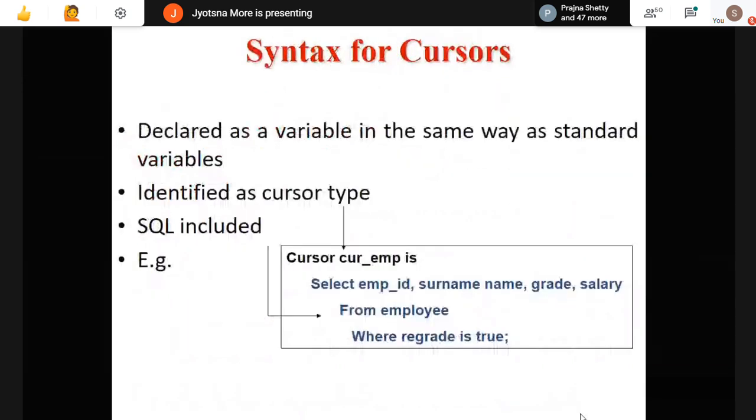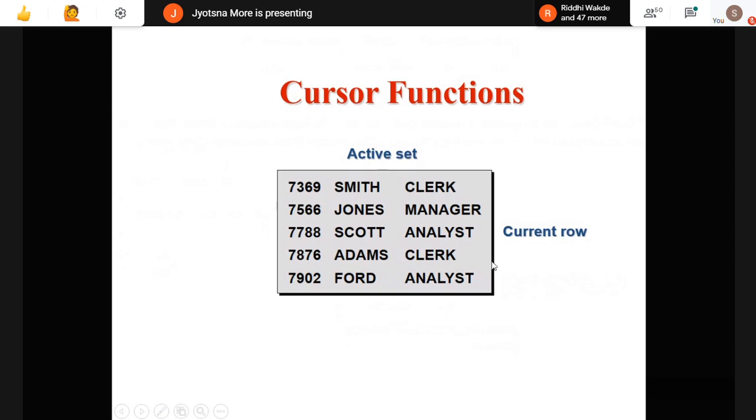So here, it is declared as a variable in the same way as standard variables. So you can see the cursor name, and whatever value I want to store in that, that is my SQL query. Okay, so this is my SQL included. Identify as cursor type. So cursor is of cursor type. Cursor name is, and whatever your SQL query you want to store in that, the result of that. So here you can see the cursor function. Here one table is given right now for your understanding.